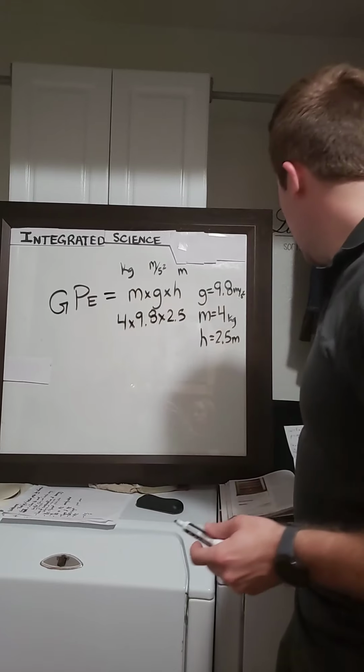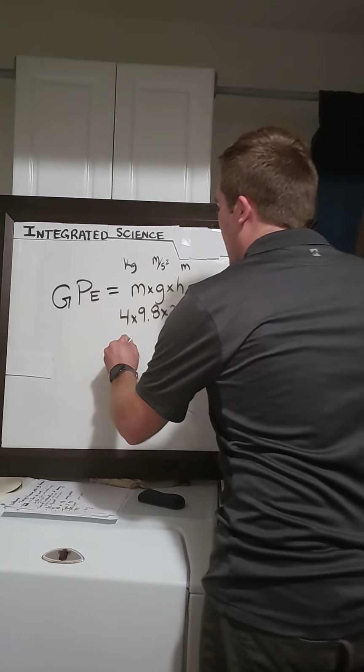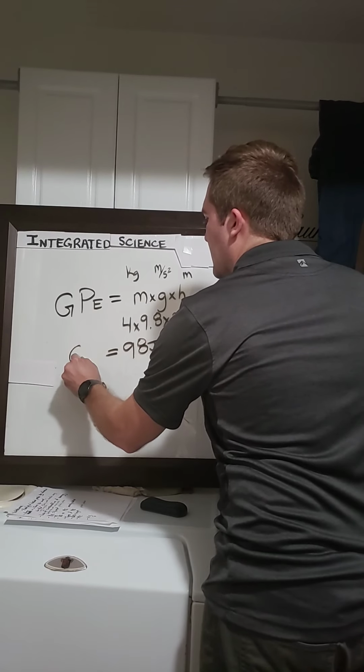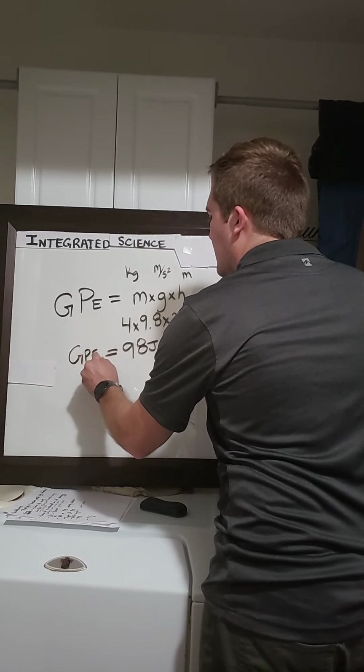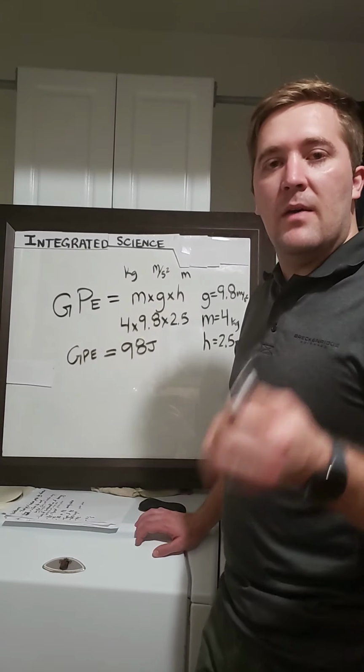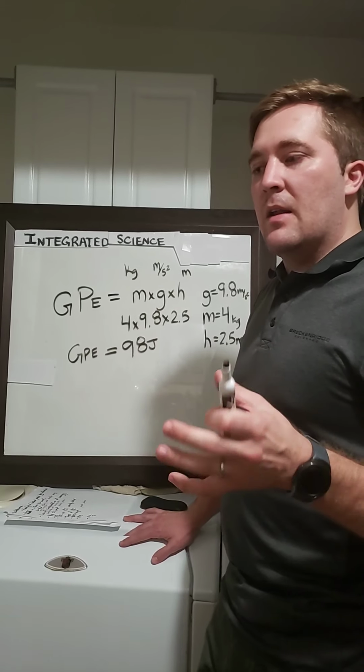Okay, so for sake of time, I'm not going to do that. You're going to come out with 98 joules. You just have to multiply them all together, and that's your GPE, or your gravitational potential energy. Pretty easy. So when you're talking about gravitational potential energy, and you're saying,